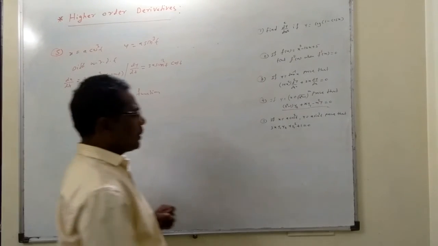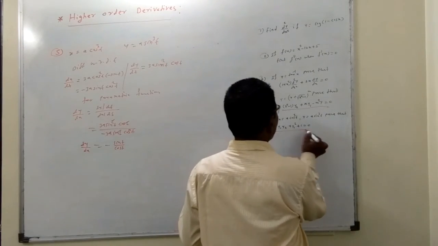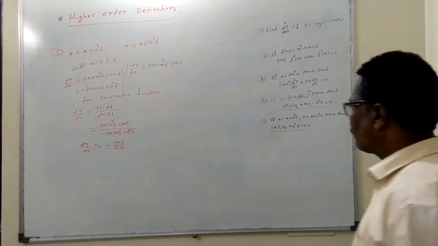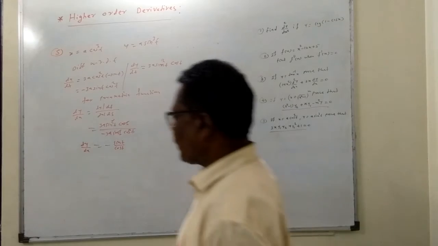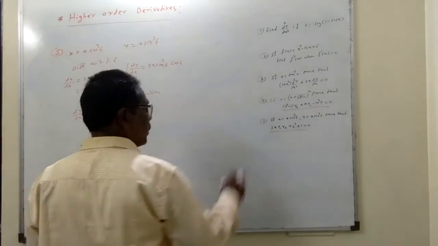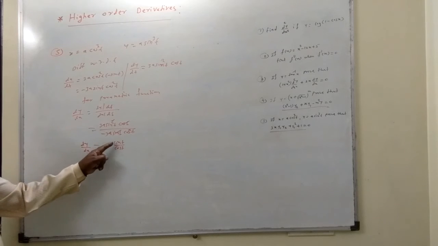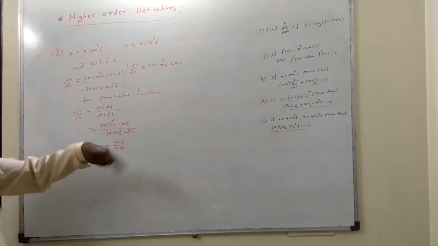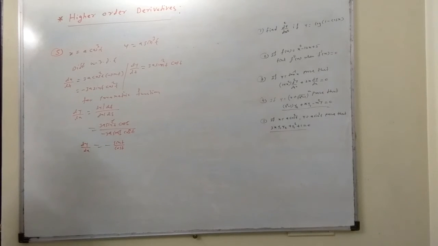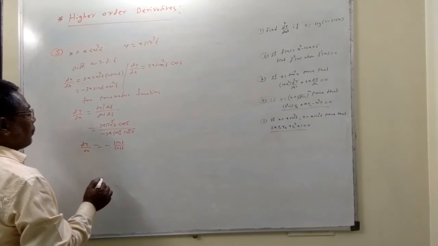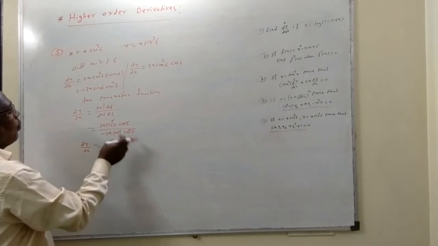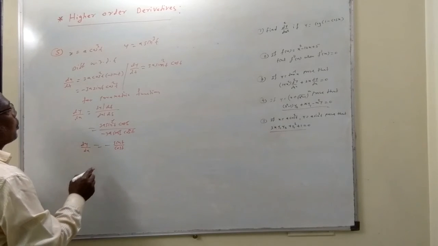Now here at this step you observe this result. What do you want to do? Our result is required. Now here dy by dx, you want to find here y2, the second derivative. So you want to differentiate with respect to x. Here if you write the tan, then to prove this result you have to afterward eliminate the t. So that becomes complicated. So that's why what we'll do, we'll convert this function in terms of x and y.